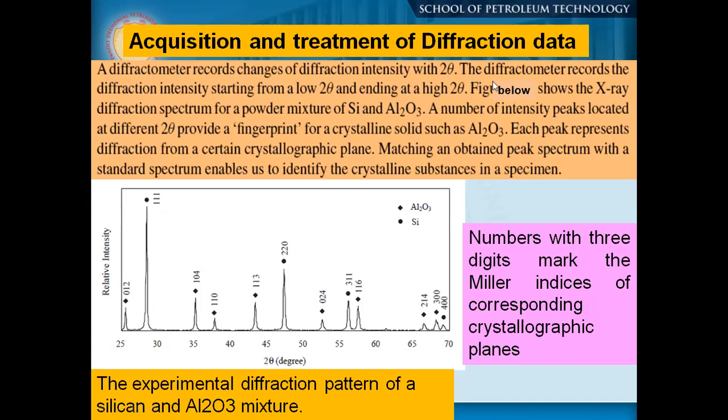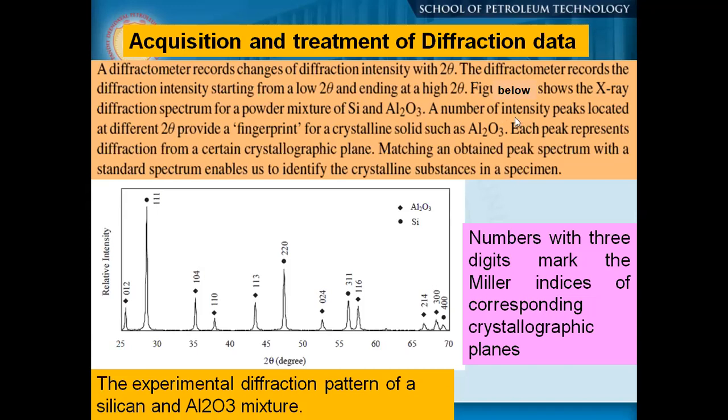The diffractometer records the diffraction intensity starting from as low as 2 theta. So many instruments are there. Normally for powder samples, we generally don't go below 5 degrees. You require a special arrangement to get clear data below 5 degrees. Wherever you go, most people will give you data either above 10 degrees or sometimes above 5 degrees. But once you ask for data below 2 or 5 degrees, a special arrangement is required to get it done.